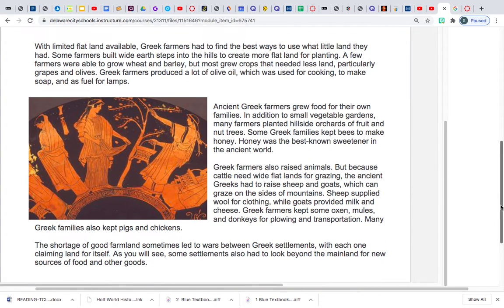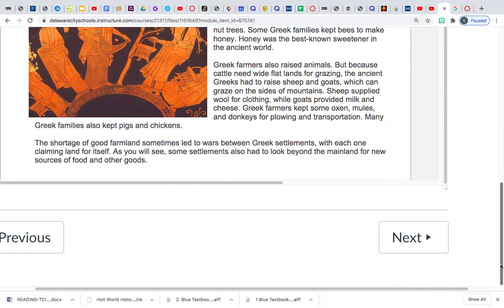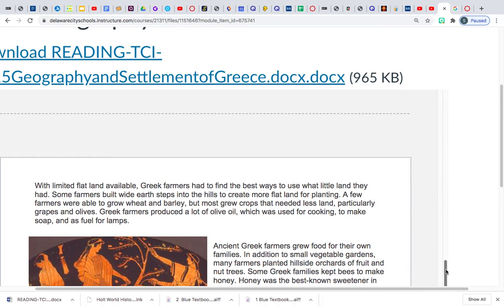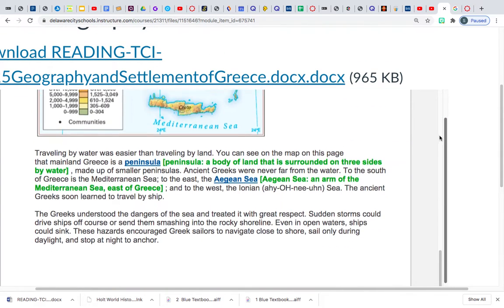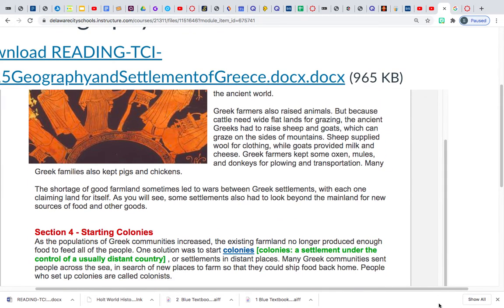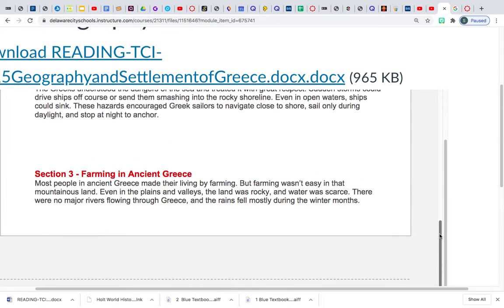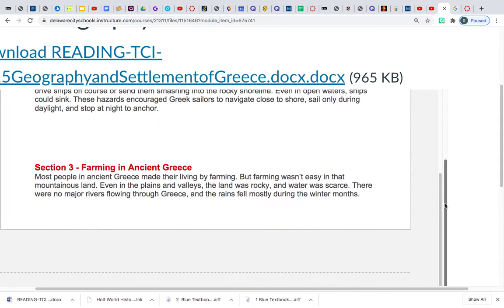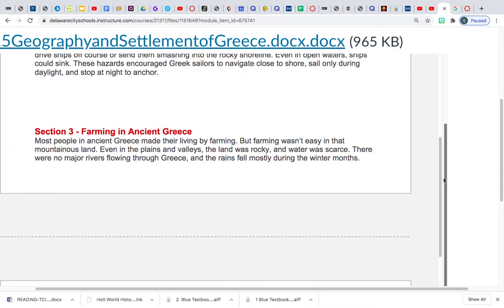Okay. I told you the other day that this landscape was not good for growing certain crops. It was good for grapes and for growing olives, but it was not a good place for raising cattle, that's for certain. They would raise goats instead because of the landscape. And I told you a Greek salad usually has goat cheese and olives in it. Okay, that reflects the landscape of Greece.